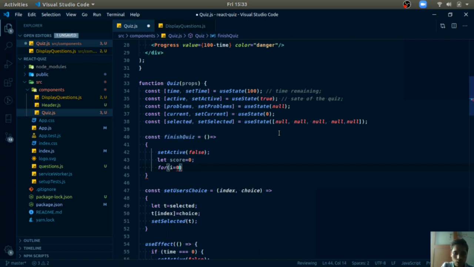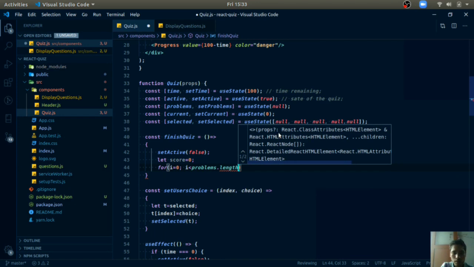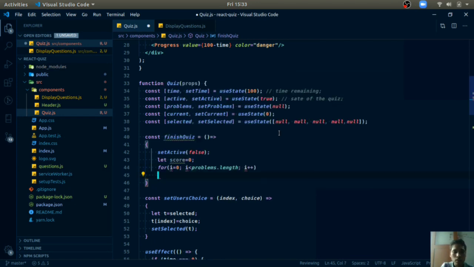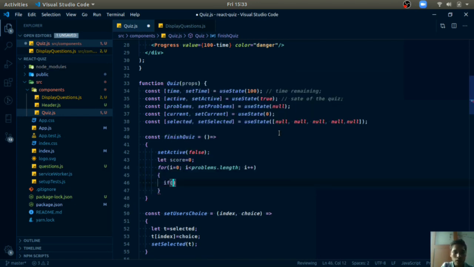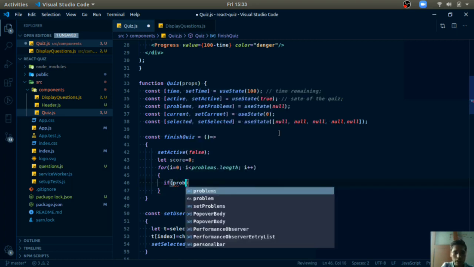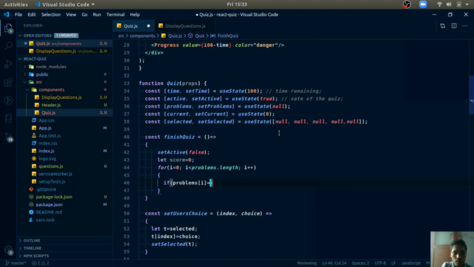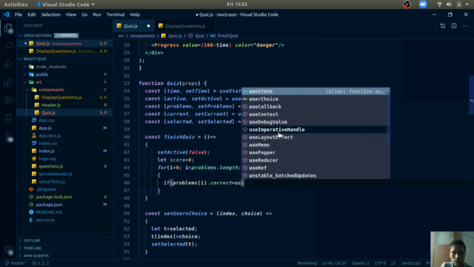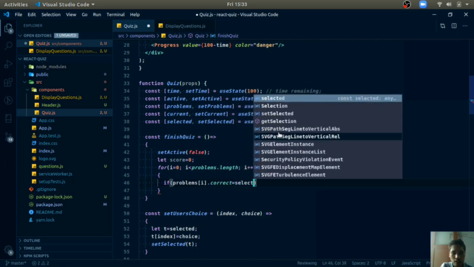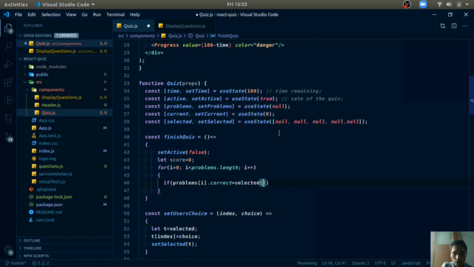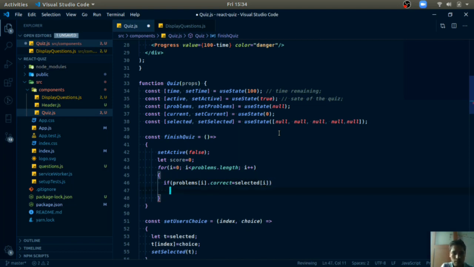Let I equals to 0, I less than problems dot length, I plus plus, and if the problems I dot correct, meaning the correct option of problems, matches the user's choice, the user selected choice meaning the selected state, selected I. If these match, then we will increment the score by 10.